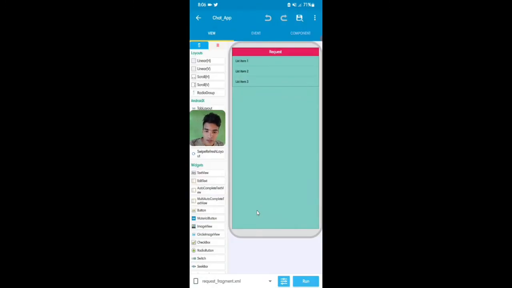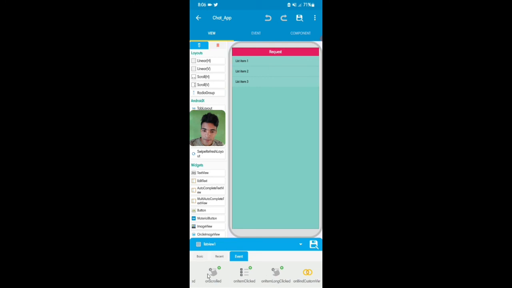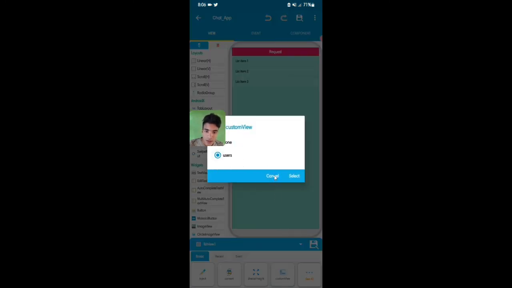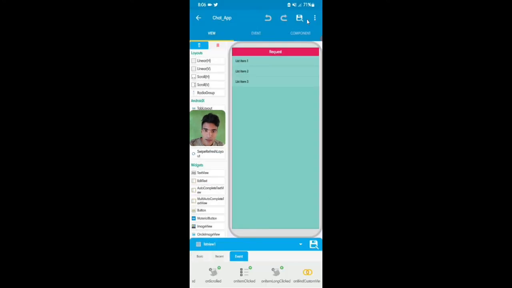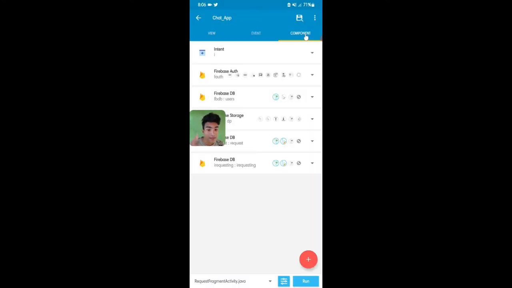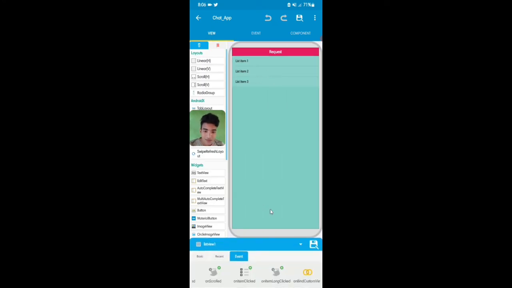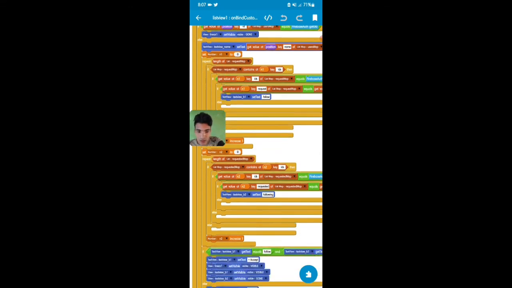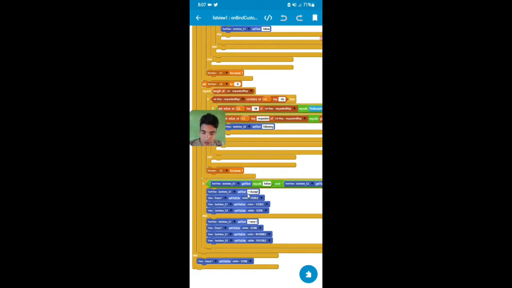And then I'll go on request area. So guys, request area, the same custom view users, and I'll add the same component and same map variable and same list map. Okay, all are same and the code are also same, just I'll show you. So guys, I'll open the list view onbind custom view. The code are all the same. Okay, user map and all the same, just here it will be changed.